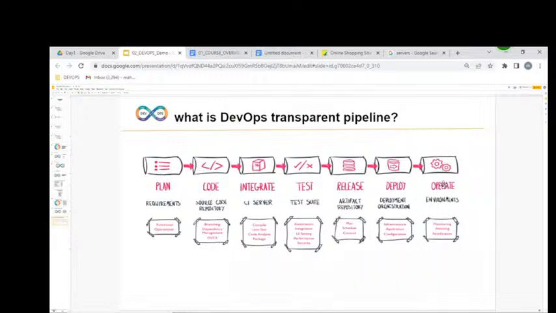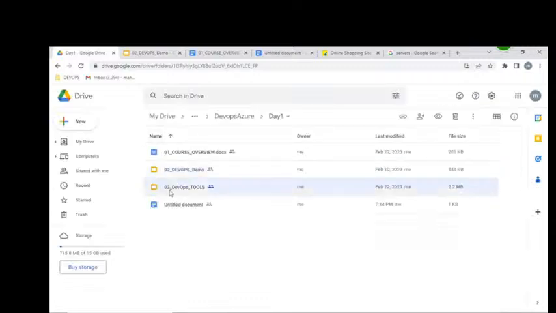This DevOps process, we can implement on physical servers or virtual servers or cloud servers, any cloud, either Azure or AWS or Google. Understood very clearly where we are and what we are going to be learning. Fine. But if you want to implement this DevOps process, we have to understand some tool stack.